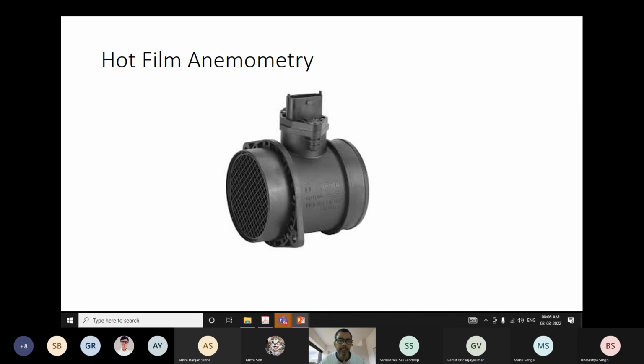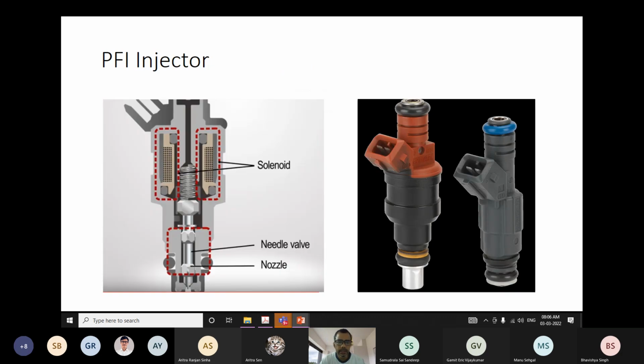there's another way to measure the mass flow rate of air with the information of several other inputs like throttle position, manifold pressure, manifold temperature, throttle geometry, engine speed, and engine geometry. Then we discussed how the PFI injector looks. It is an electronic injector,